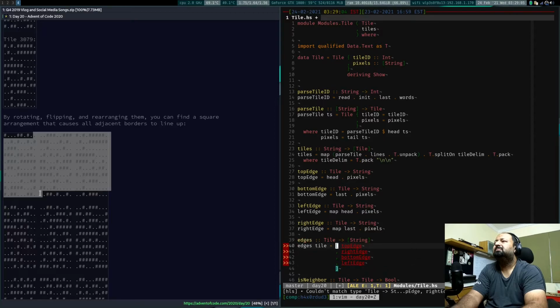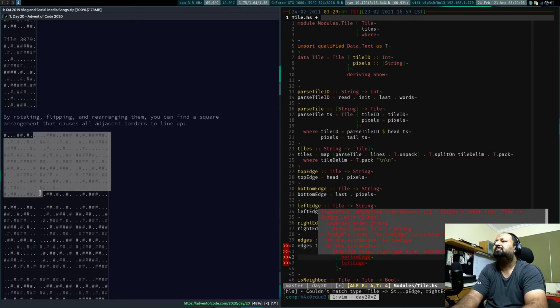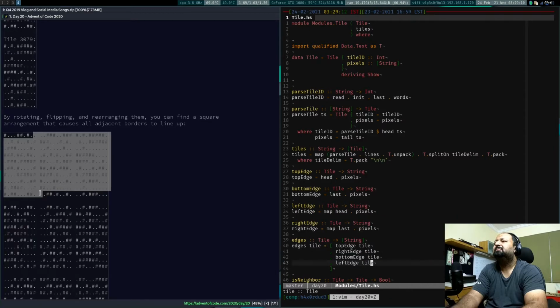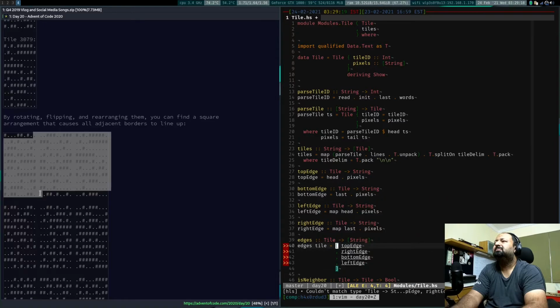Now we have these, and what we want to do basically is apply the tile to each to actually get the edges. This would be right, except obviously there's repetition here that I want to avoid somehow, and so for that we can basically do a map